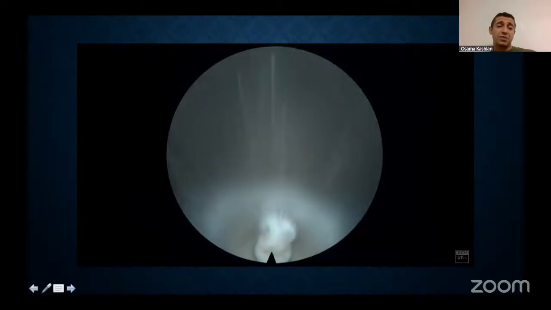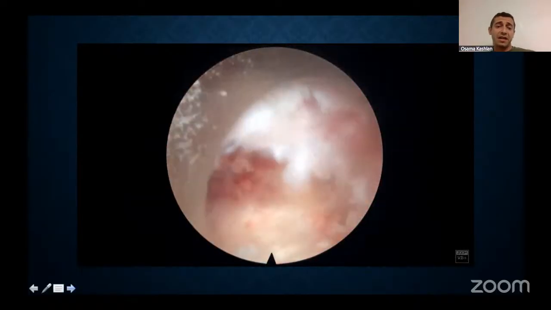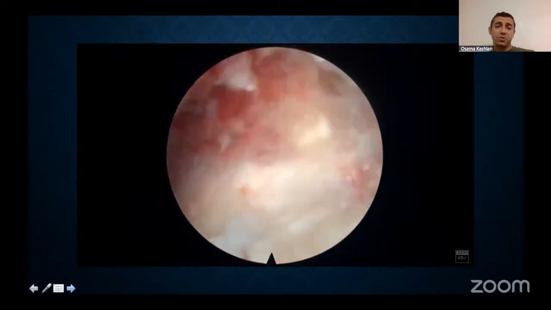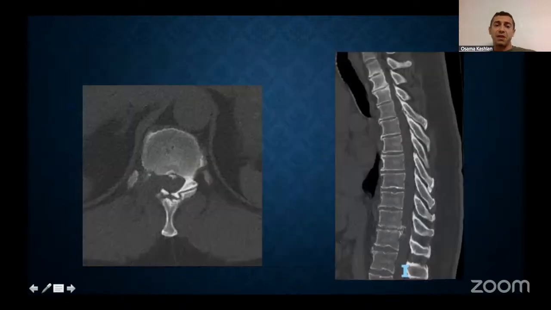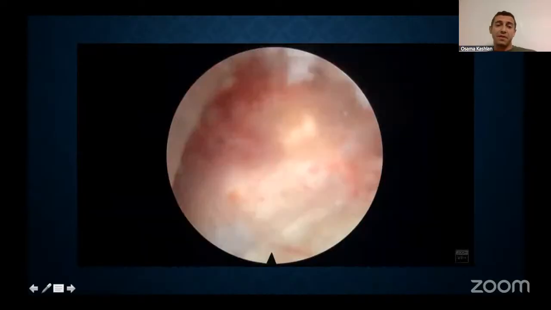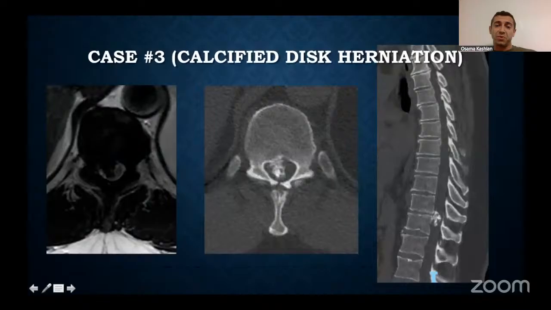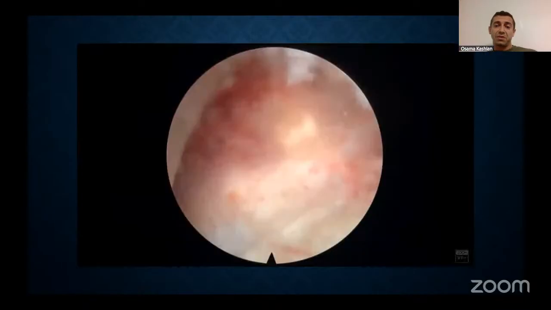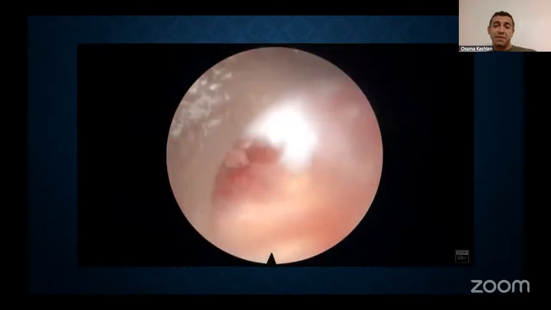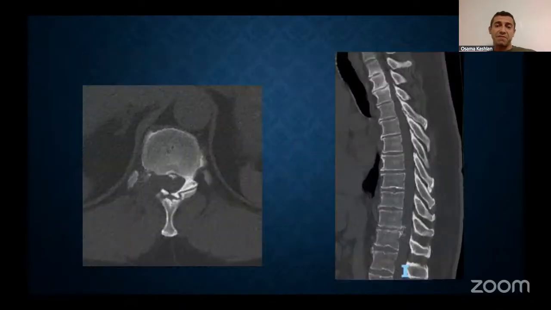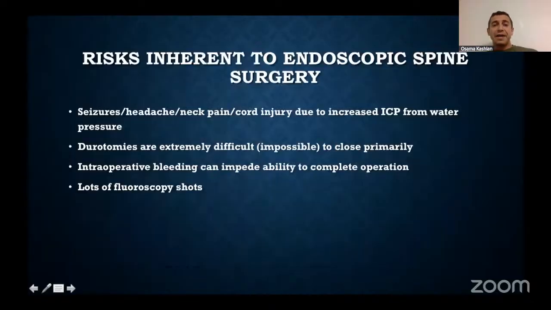And like I said, this patient did very well, went home the next day with no issues at all, and resolution of his myelopathy. You can see here, it's not perfect. There's still a little bit of calcified disc there, but way better than it was pre-op. So this is pre-op, and this is post-op. So way better, and he felt better. So obviously I didn't offer him any further operation. And you see that there's a little bit more bony drilling here than in other patients. So great option to deliver to these patients.